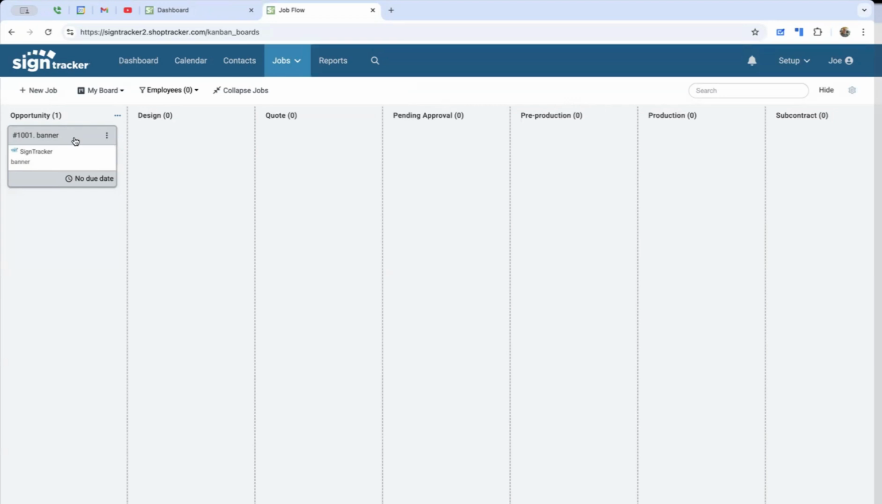And again, you can watch the video on setting up the quoting and adding your materials and labor and how all that works. So go ahead and at least get the basics set up, and don't wait till everything is set up perfectly to start managing your jobs, because the job flow board in itself is such an important tool